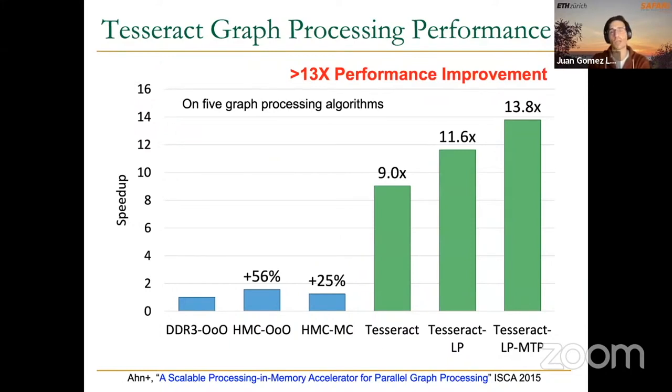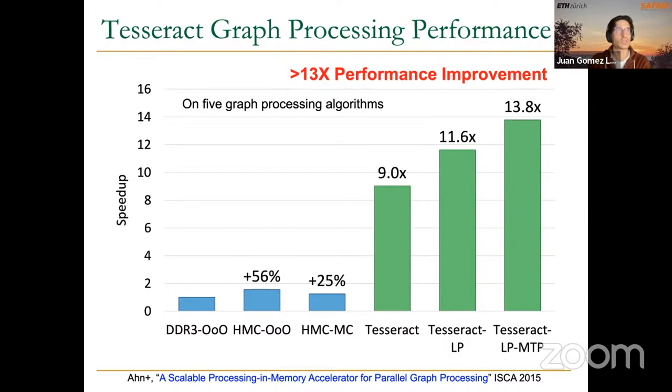In total, 5 graph processing algorithms were used as benchmarks for this study. In the best case, it's almost 14 times faster than the, let's say, simplest baseline, that is an out-of-order processor with DDR3 memory,